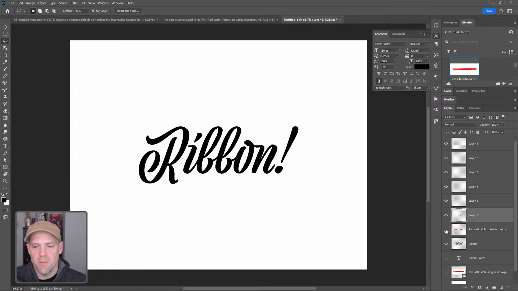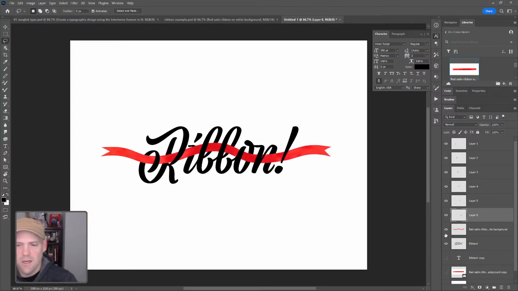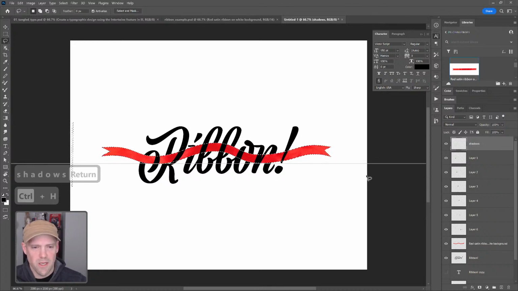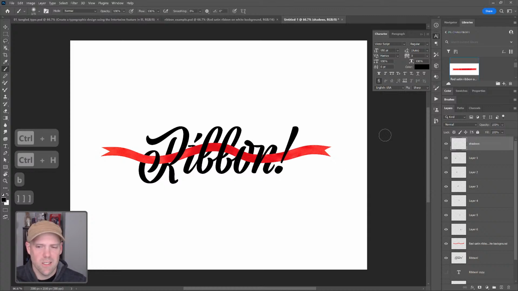Breaking it up in multiple layers, it might give you a little bit more control. And then from here, you could just take this ribbon, make a selection by pressing Control or Command and hovering over your layer and clicking. It will make a selection. Then you could make a new layer, and I will call this Shadows. And I will hide the selection, Control H. You could make a mask for this if you wanted to. I'm using that selection as a mask. So then I could just come in here and just